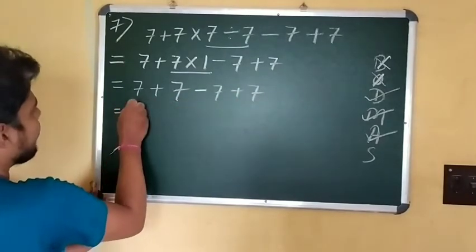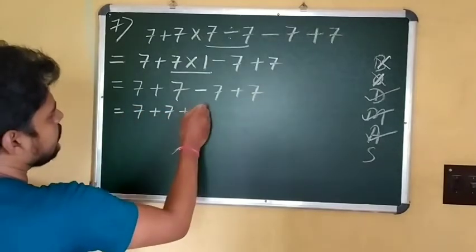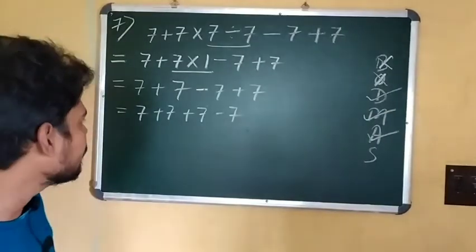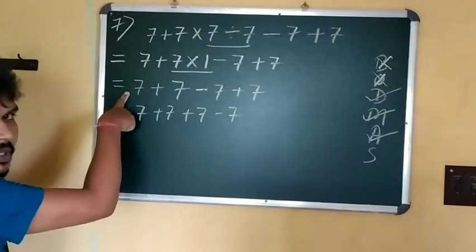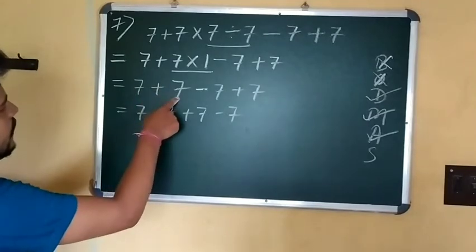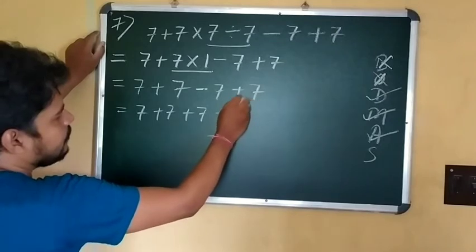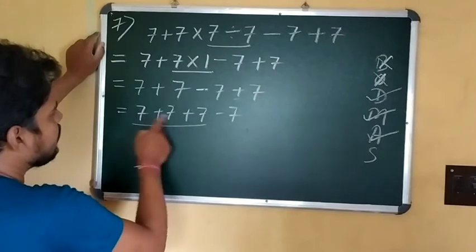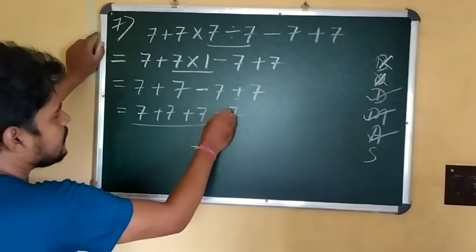So at first you write down all the plus symbols together. You just bring this 7, then you write down minus 7. So what to do? You can see here nothing is written. So if there is no symbol, that means there is a plus symbol. So plus 7, then you can see it is written plus 7. Then you have to write down the last digit. Before this digit it is written plus 7. So you have to write down all these 3 at first. 7 plus 7 plus 7. Then you write down minus 7.